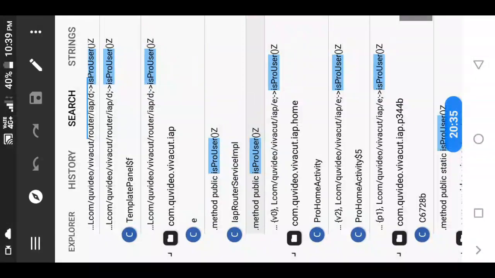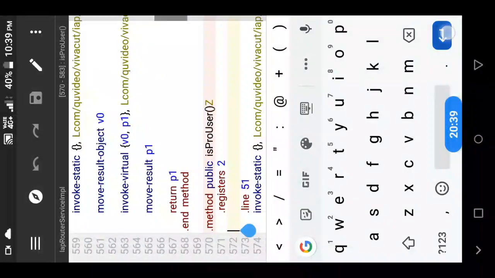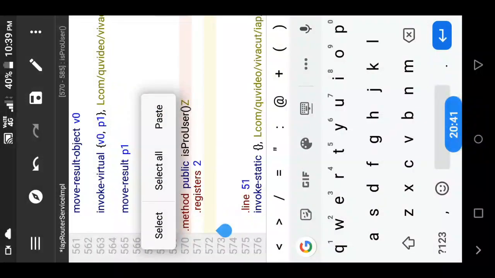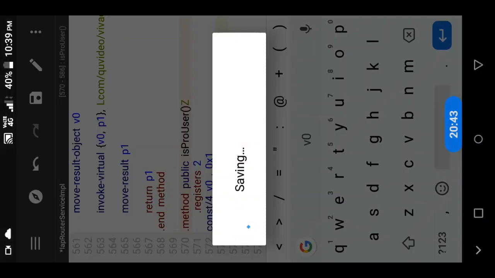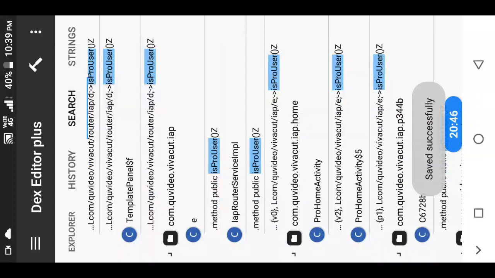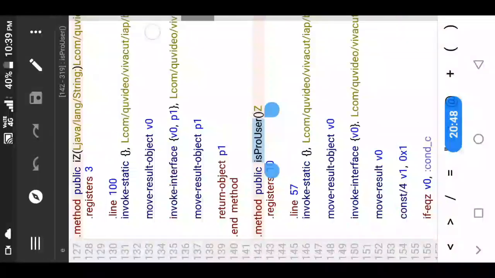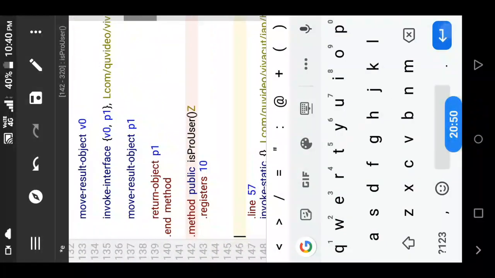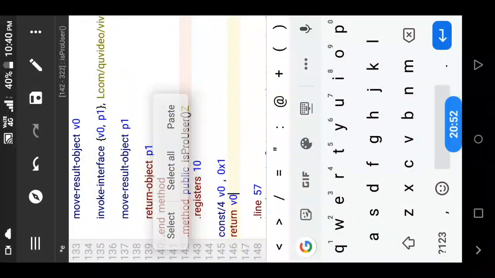You can see here one more method here. And save it. So wherever you are getting is pro user, I will return it to true.